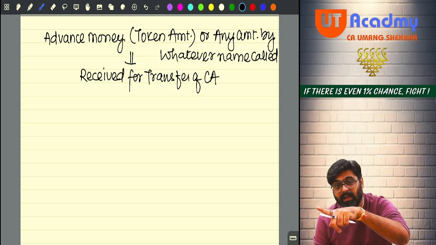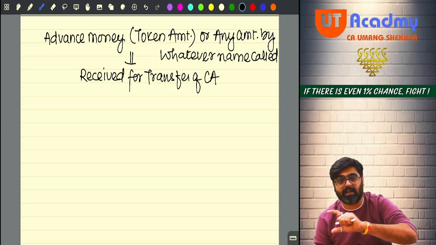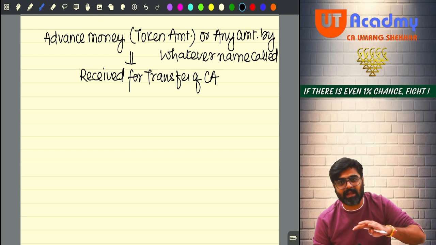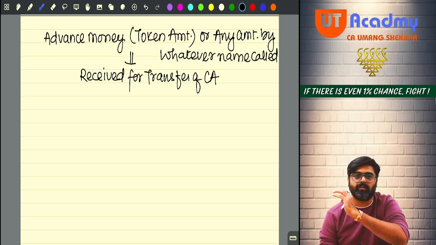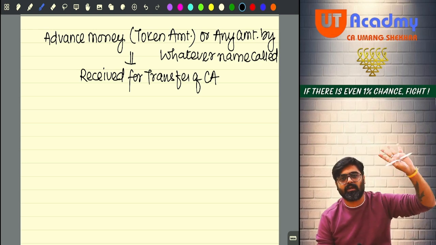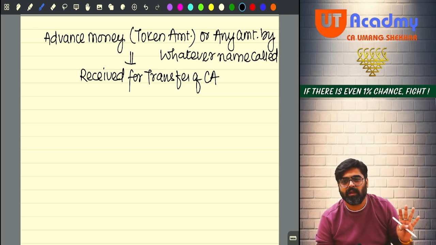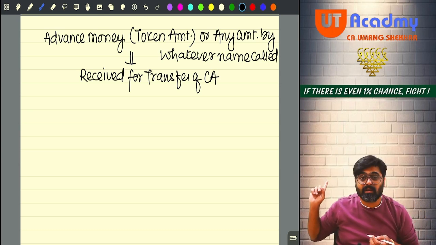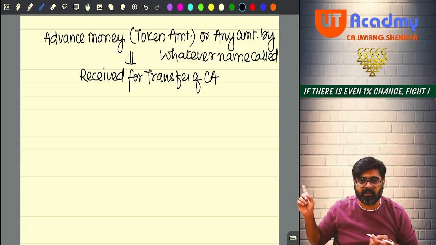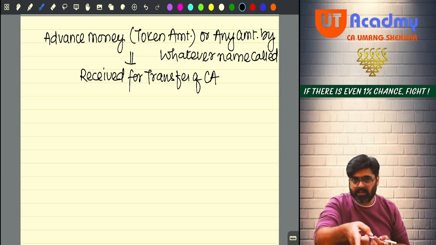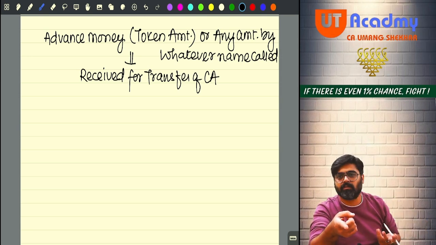But you will have to pay me an advance right now. That advance is a guarantee that you are going to honor this sale agreement. Yes or no? And then only I can say no that I have sold the property. If somebody comes to me to buy the property, I will tell him, see that I have made the sale agreement and the property is already sold to this guy. He has given me 5 lakhs rupees also. So I am going to lose that client, I am going to lose that customer, buyer, because of this agreement, saying that I have sold the property. So give me some advance.